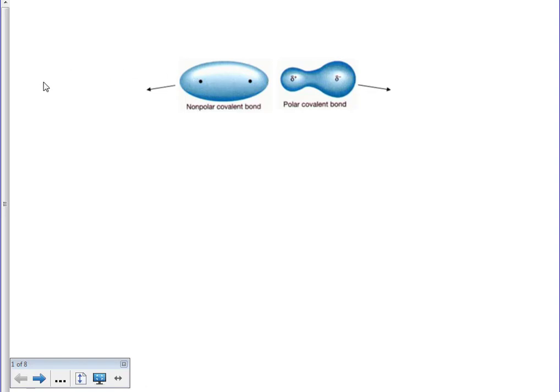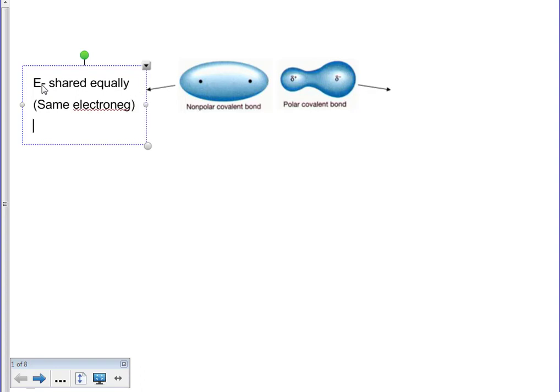So when dealing with polarity, the big thing that we have to talk about is nonpolar covalent versus polar covalent. When we look at nonpolar covalent bonds, we know that the electrons are going to be shared equally between the two elements involved in the bonding. This means that they have the same electronegativity, which also means that the difference, if you subtract them, would be